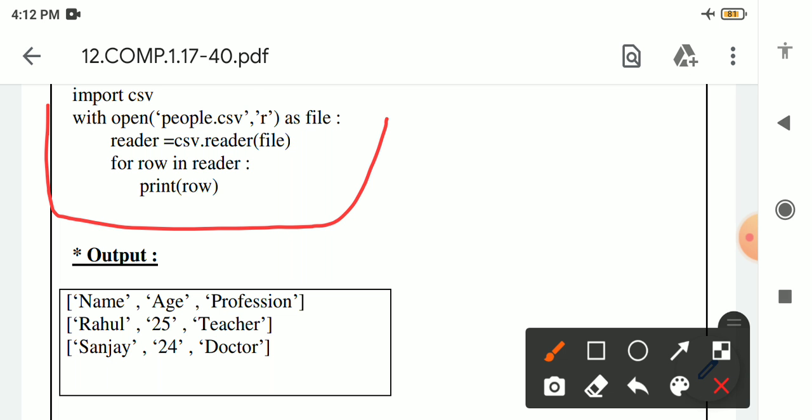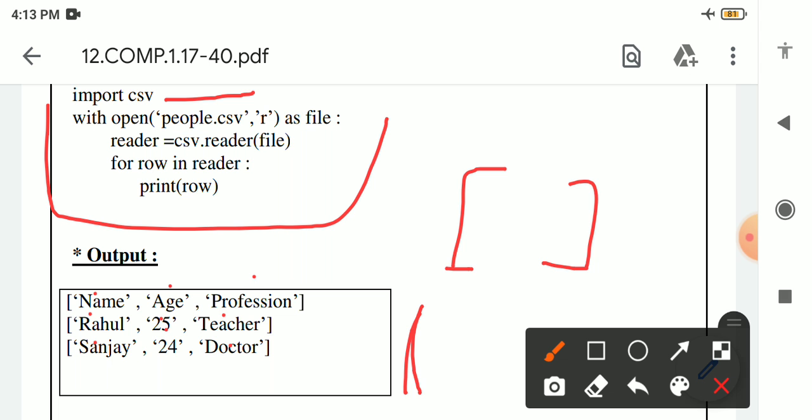Inside this file, the name of the file is people.csv, and this content is present. We are just reading, and we are providing the content, the values, in the form of a list. That is why this symbol is present. Inside this file, it contains data like name, after that age, then profession. Next Rahul 25, teacher. Next Sanjay 24, doctor.